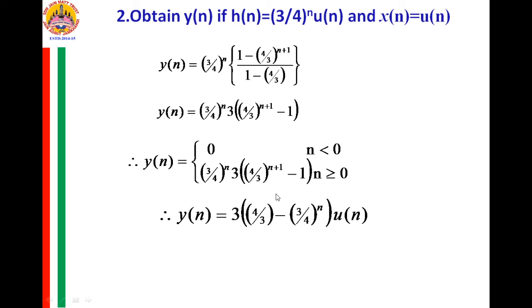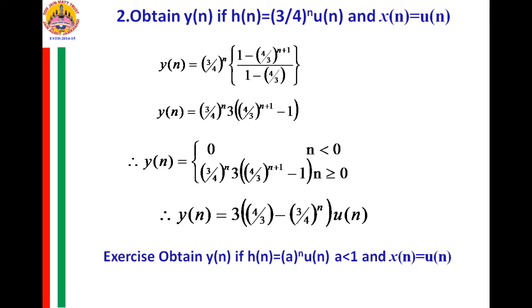And you can also evaluate it in this way. So, it is your wish how you evaluate this bracket. Instead, you can multiply inside with the whole 3 by 4 raised to n inside the bracket. So, that here you will remain with 4 by 3 and this is minus 3 by 4 raised to n. Now, since this is n greater than or equal to 0, this y[n] exists, we can replace it with u[n] and write y[n] in terms of a unit step signal.